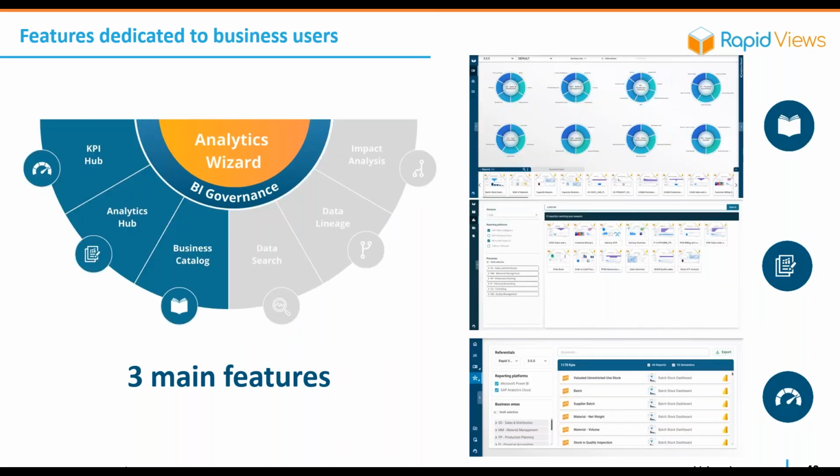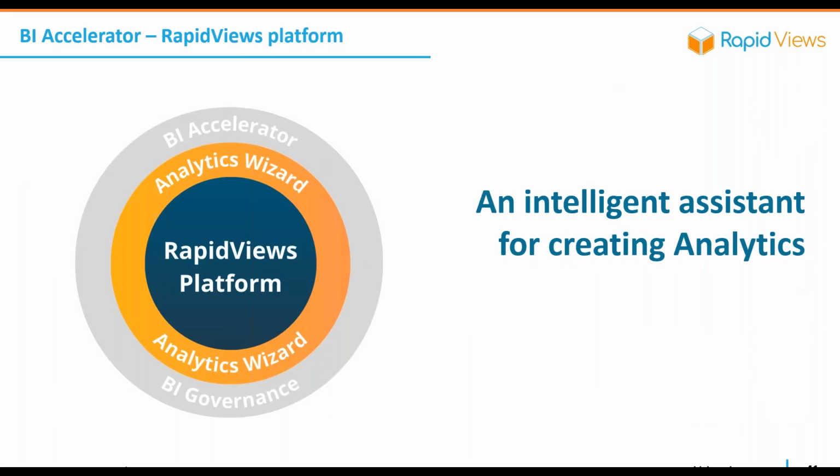On the other side, for the end user and the analytics end user, we have this concept of business catalog, where you can see the information per business area that you can, of course, customize. So the user can access all the reports for this specific area, or see all the semantic, all the views, or whatever you want, depending on your profile. We also have the Analytics Hub, because again, we centralize all your reports. Most of you are using 2 or 3 different reporting tools today. Everything will be in one single place, and you can also have this concept of KPI Hub, where we see the information per view per KPI.